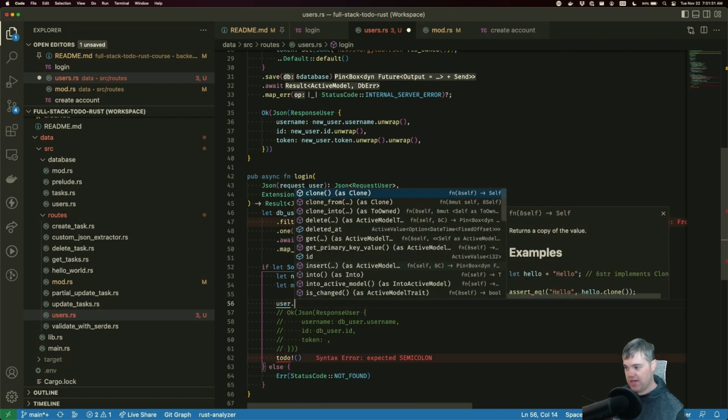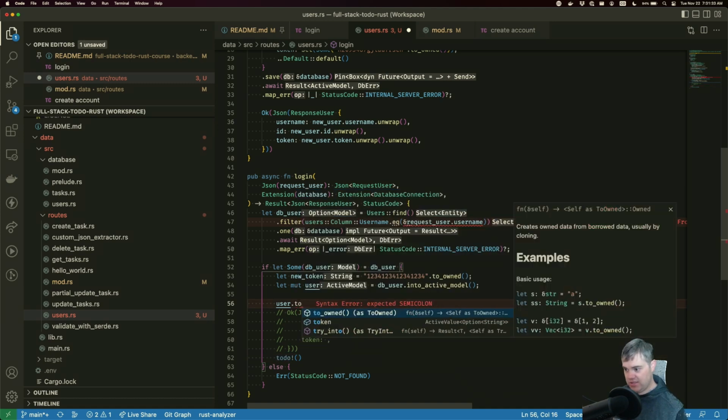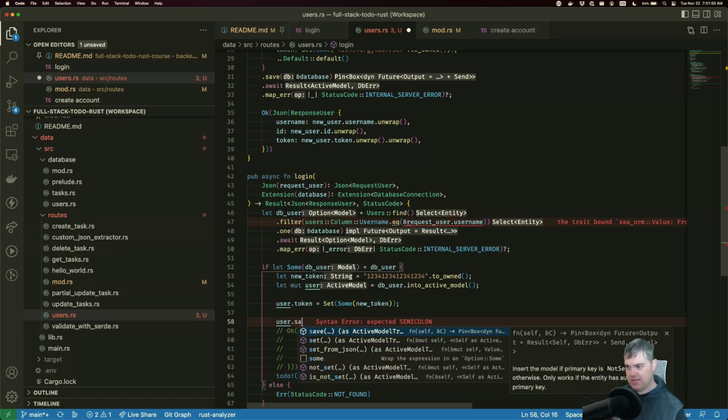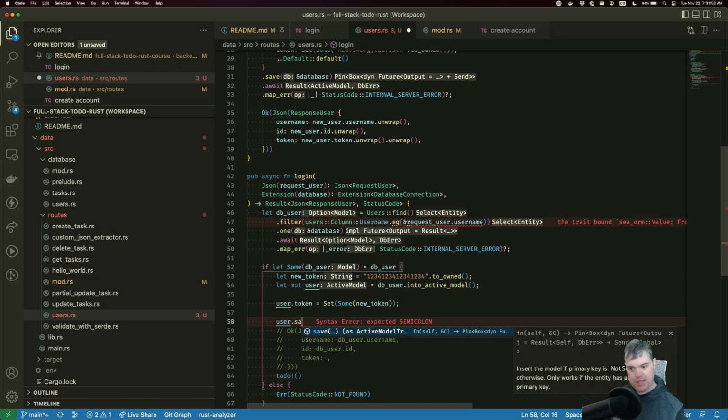So user dot token equals set some new token. And then we need to save this. Now, when we save, okay, so we're going to do user dot save. When we save, we're going to get that result with self and the error.